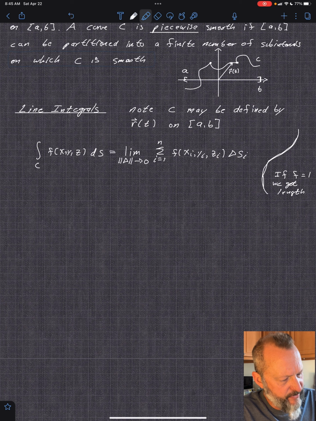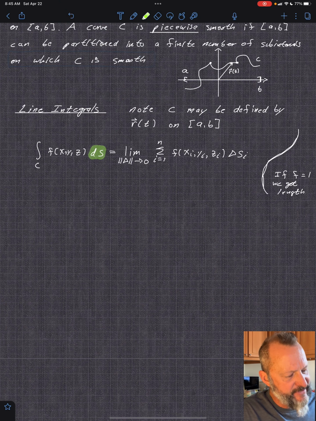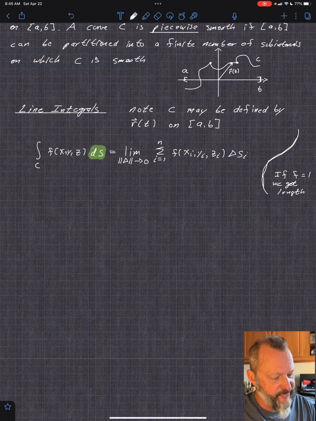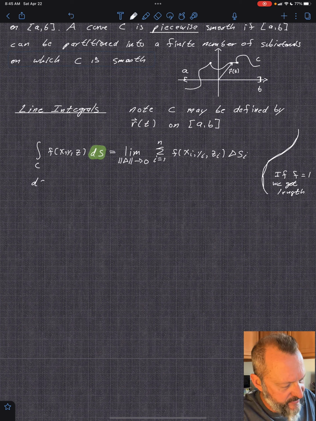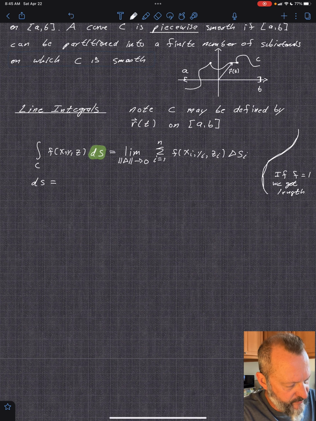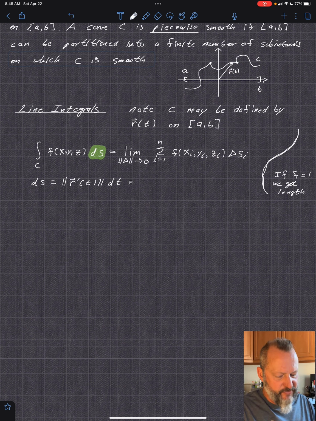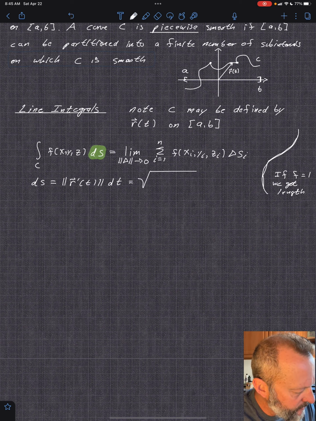So what we really need to look at then is what's this ds part? Like this doesn't help us at all. This integral is like, great, that's fun to work with, but we need to know the ds and all that. So ds really means the magnitude of r prime of t dt. And so the magnitude of r prime is the square root of